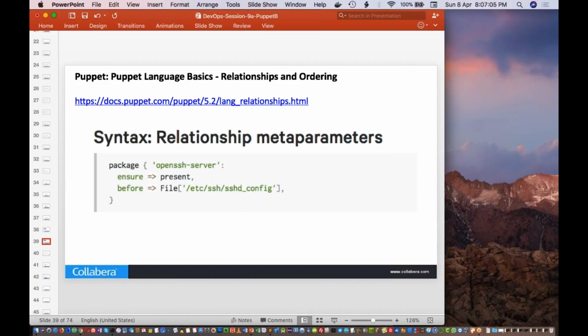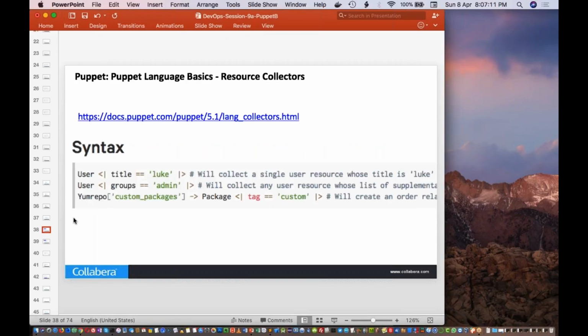Okay. Yes, Vivek saying have to read more. Yes, Vivek, you will have to read more details, but just understand that this is to collect information. Like this is to filter resources based on the attribute value.